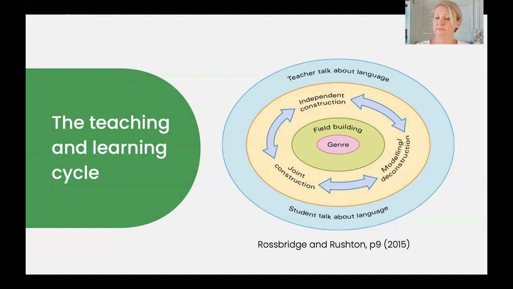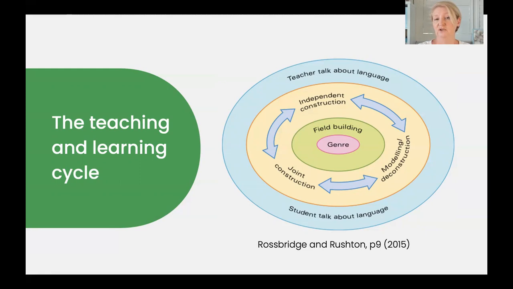So if you think about maybe a text has been written jointly, that might be on particular information. But when students move to independence, then the information might be different. So they might be required to do further research. Now, again, that needs to be modelled and supported before they get to that point. And we can see how the writing and reading suddenly start relating to each other, as does speaking and listening,